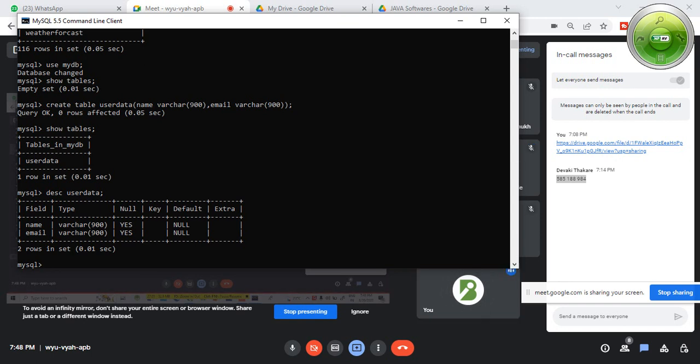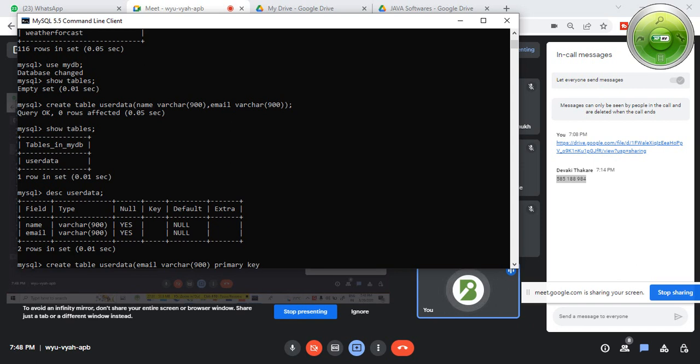Okay na? So how can we assign the primary key to any column? What is the way of assigning the primary key to any column? A simple query we have to write down. Here I am creating the table with primary key. So how? Create table user data. Within that you have to write down UID. Or let's say I want to take email as a primary key, then I just write down here email varchar 900, and write primary key.